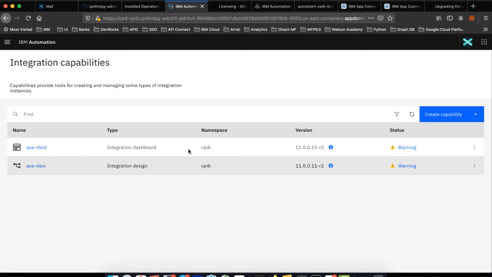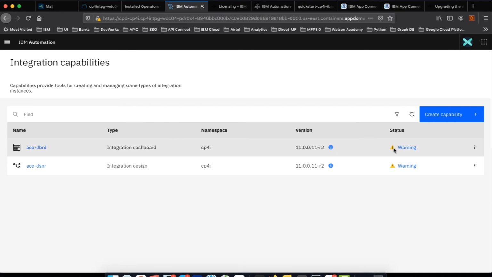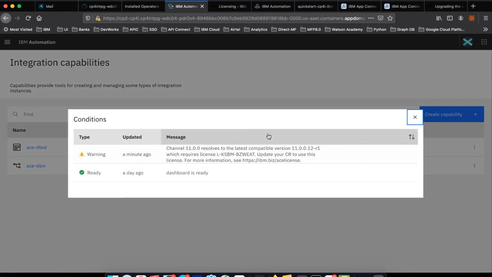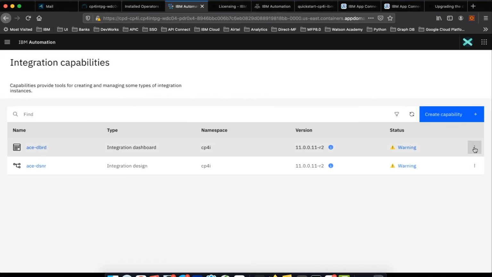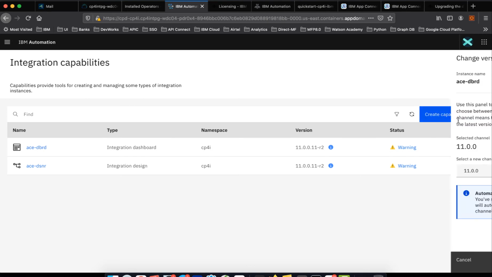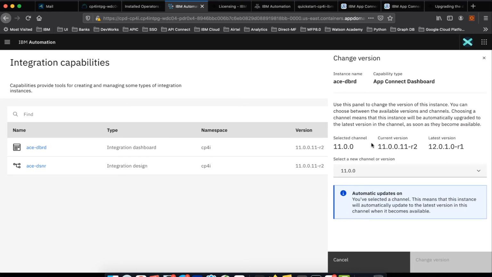This is the design authoring. Can you see there is a warning, which means channel is upgraded, right? And I may need to change the licenses. My channel resolved to this, the compatible version is this. So there are some discrepancies. The easiest way is change version. So take a look at it. The moment you do so with this operator, current version that I'm currently running is this, and the latest version is this.